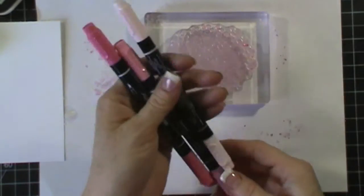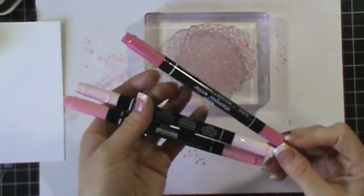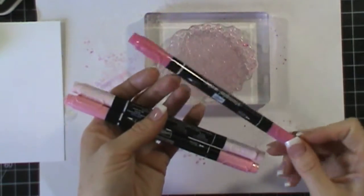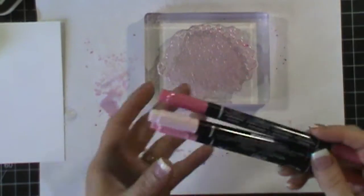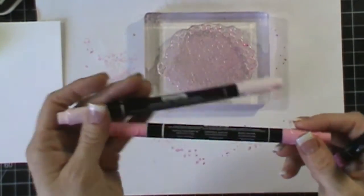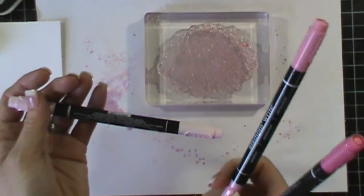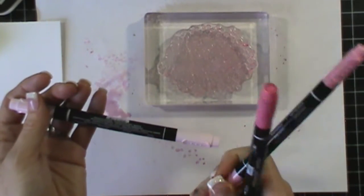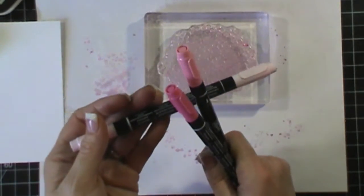And I have 3 of my ink pens. Now this is Strawberry Slush, which is a retired color. I always just keep all my pens, and it works fine. So I have Strawberry Slush. This is Regal Rose, which may also be a retiring color, actually. So if you want current colors, you would want to use Melon Mambo,